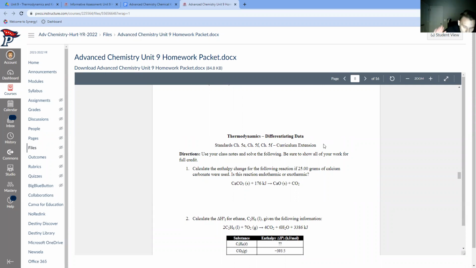It goes through all of the different ways that you can calculate enthalpy. It goes through,